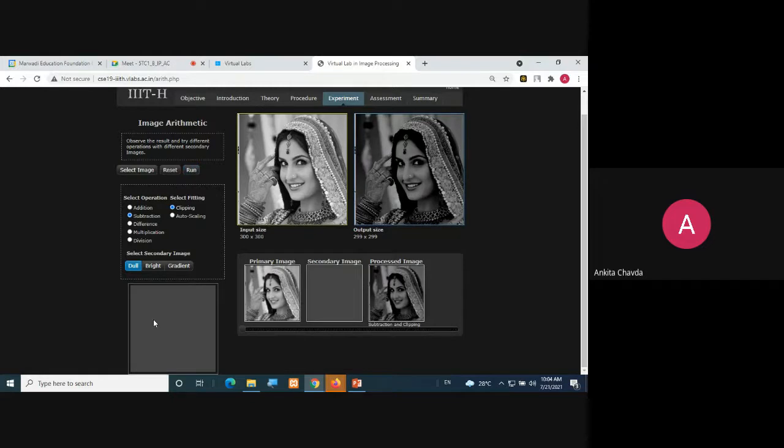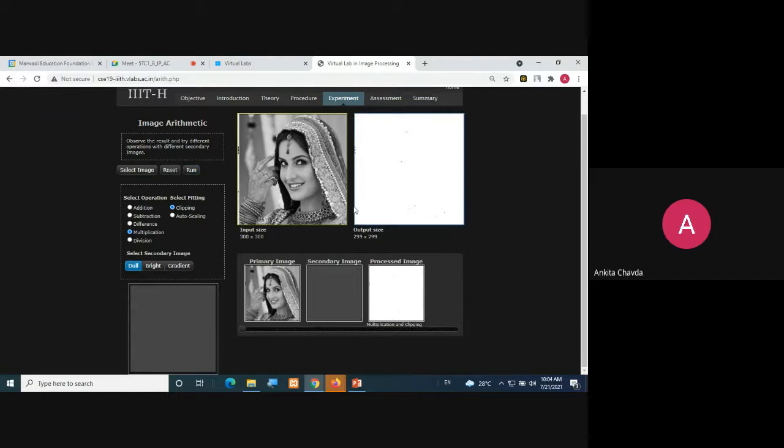With the dull image, then we are doing difference and you can check. See this specially. Then multiplication, and you can run. See, this is what is happening.